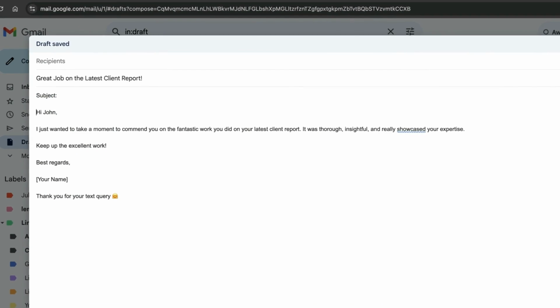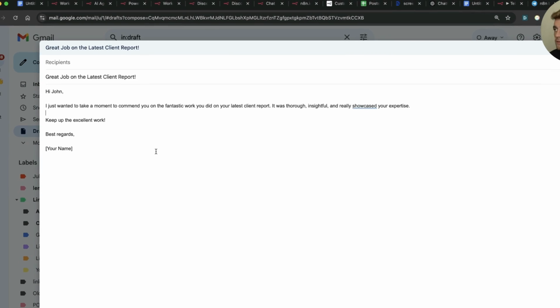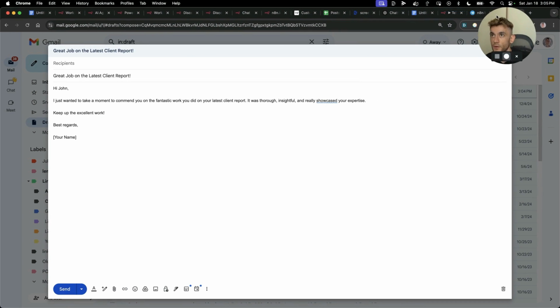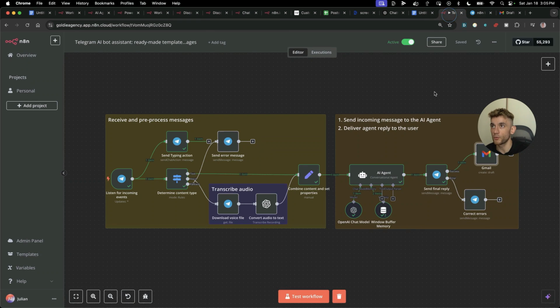You've got the subject line. It's nice, it's clean, it feels conversational. It's in draft, so it doesn't need to be sent straight away. You can just go and send it whenever you're ready, and then just add the recipient as well. And it's pretty amazing that you could just do that with a quick Telegram bot and a quick workflow inside